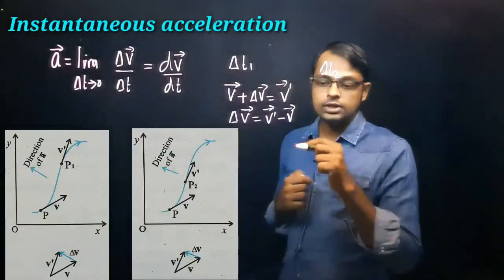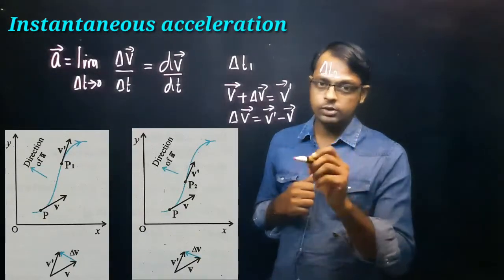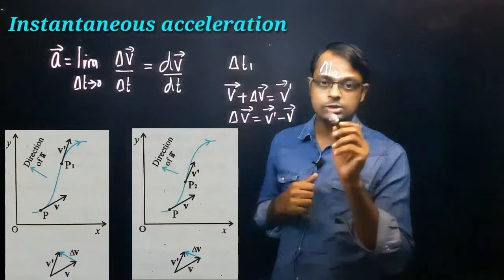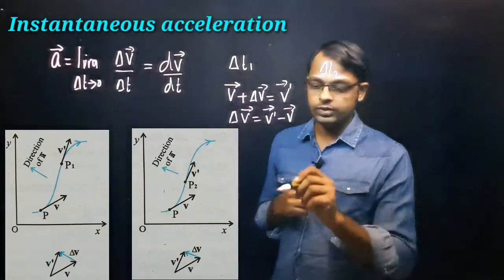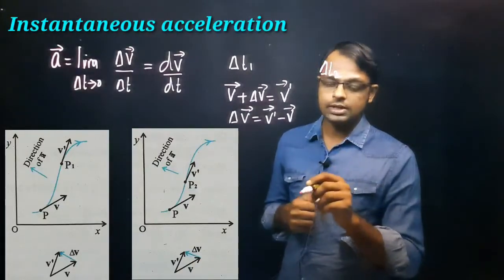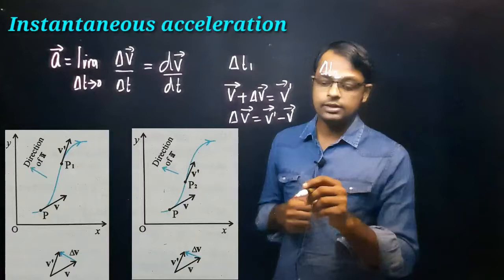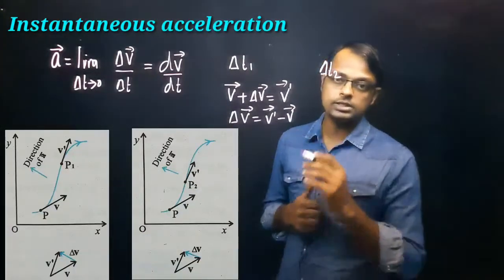We are now reducing the time interval. Now when you reduce the time interval, you can see the diagram in this case. Once again we have drawn the tangent at the point P as well as P2, and we got the direction of velocity as v and v dash. By using the two velocity vectors, we have used the triangle of vector addition and made the direction of change in velocity, as here you can see delta v is acting in this direction.